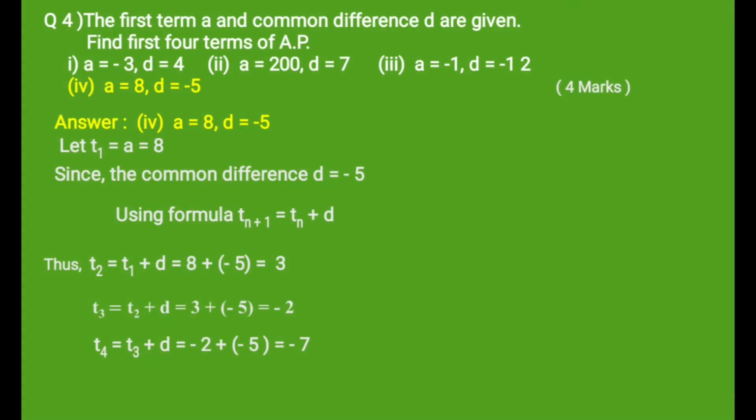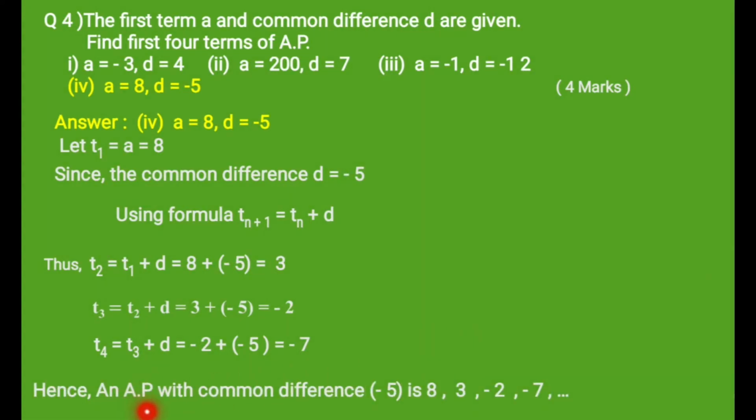So this is fourth term. Hence an arithmetic progression with common difference -5 is 8, 3, -2, -7. So in this way you can solve the problems based on arithmetic progression when first term is given, their common difference is given,